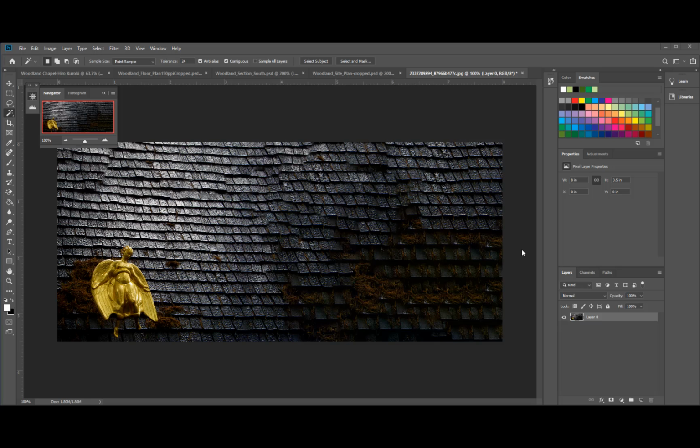For those of you who may have part of the angel showing up, there's another tool to edit some of these things up. Let's say I don't like some of this moss showing up in these places. I'll get rid of this one right here. If you go to the clone stamp tool, which is this guy right here,